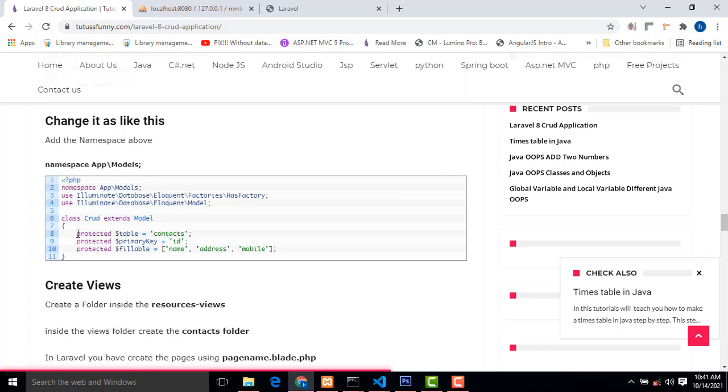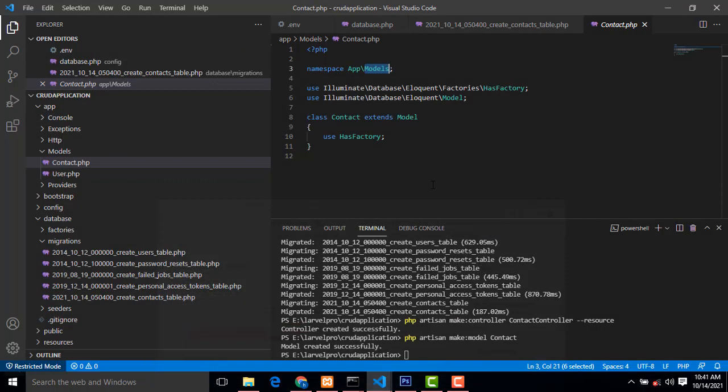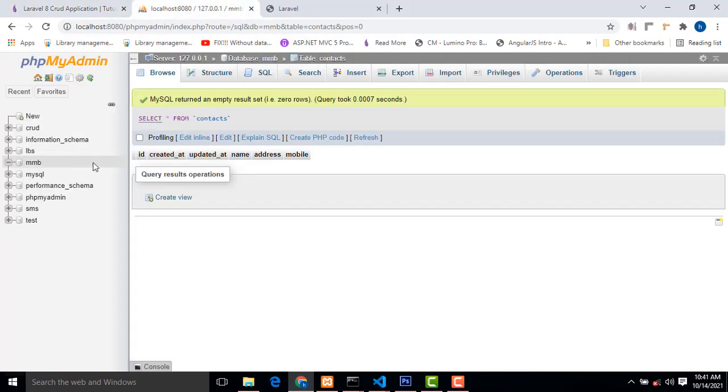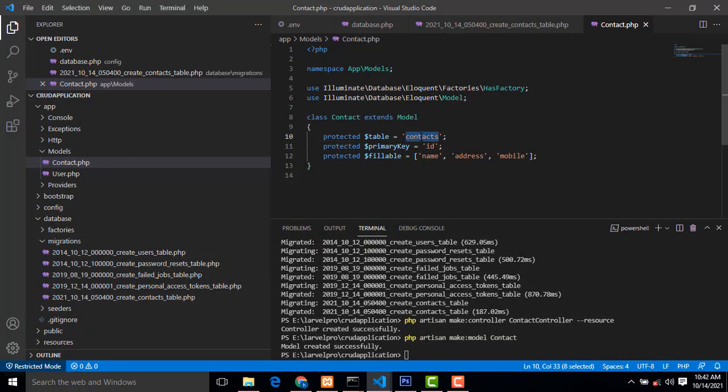After this line, I just copy and paste it. You have to do the same thing here also. Here also you have to paste inside the class Contact extends the Model class. So you have to write protected, the access specifier, and the table, which is the database table. In the database we have created the table, which is the contact table. You can check the name. If there is any problem, the same table name you have to give here. It's a table name. Okay, because the data is coming from the database via the model, so you have to give the correct database table name over here.